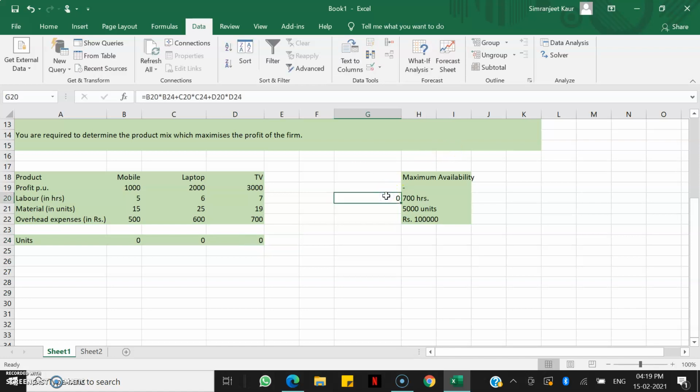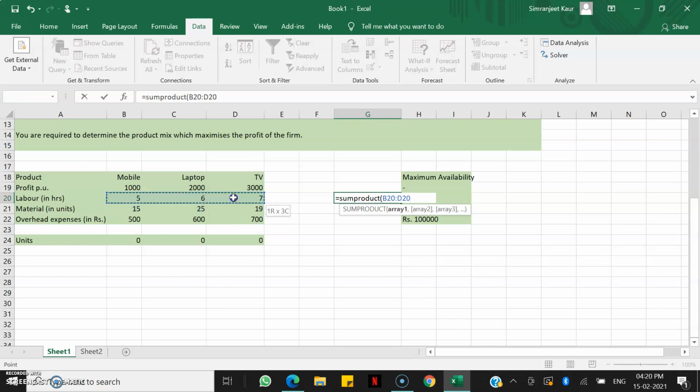Now instead of typing it down manually, I'll delete this and I'll type the formula of sum product. So now I don't have to do it manually for every cell. I'll just select the array here for labor first. Then the second array is my units with which I have to multiply. Now I want to use this units array for other columns also. So what I will do is I'll fix it by pressing F4. So by $ sign we have fixed it.